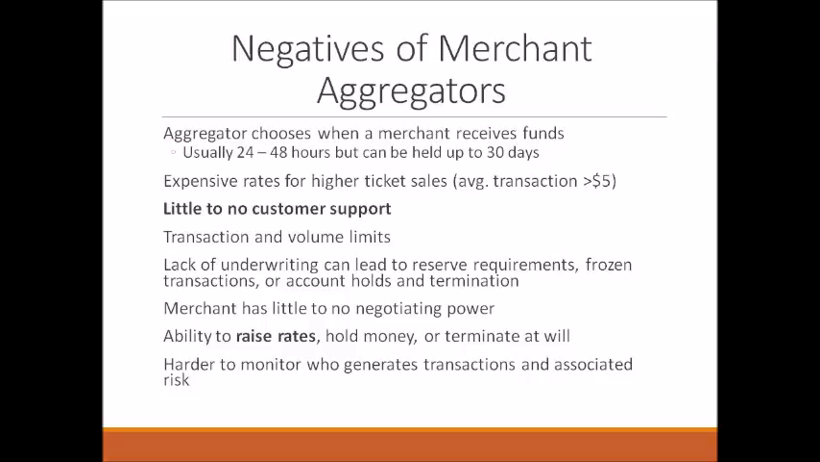Now let's talk about the negatives. Aggregators choose when a merchant receives their funds. Usually it's in 24 to 48 hours, but it can be held anywhere up to 30 days. They are actually quite expensive in their rates for higher ticket sales. So if your average transaction is over $5, then you may be paying too much if you're using Square, Stripe,